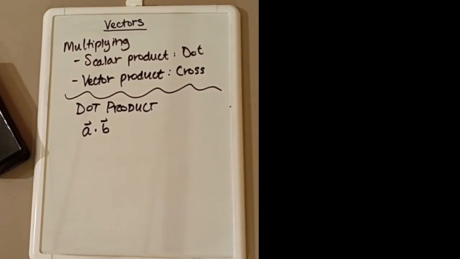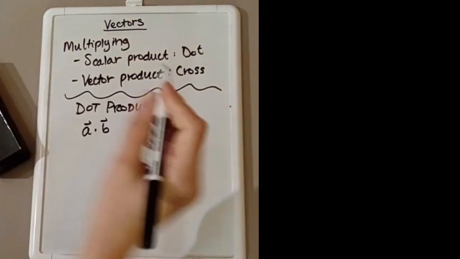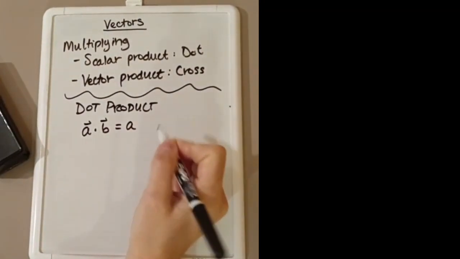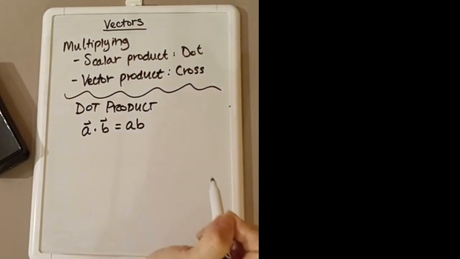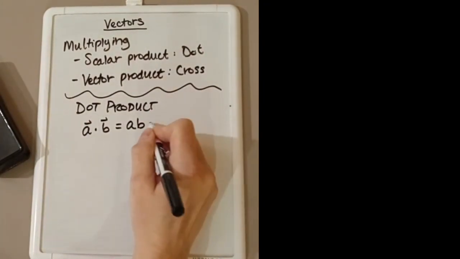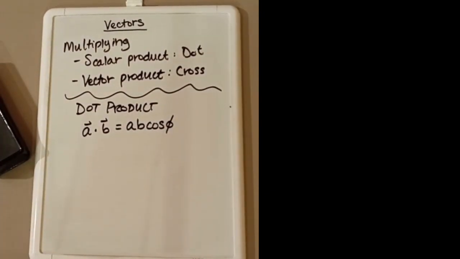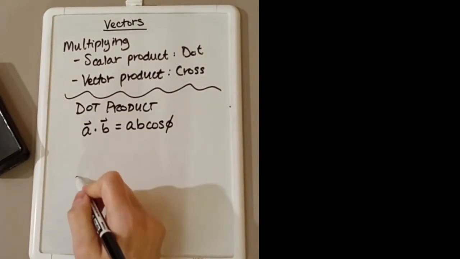In this case, since it's a scalar quantity, this is just defined as the magnitude of your vector A times the magnitude of your vector B times the cosine of the angle between them. So cosine phi is what we're going to call that angle. So we're going to have our vector A,